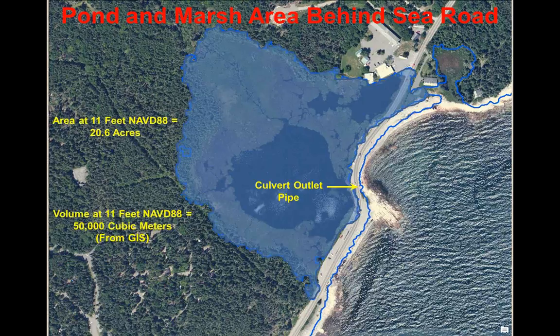So what I did was I used the same LiDAR technique that I used in Scituate. I determined, first of all, this is about a 20.6 acre area that floods at the highest level. I computed the volume at 11-foot elevation relative to NAVD 88. It comes to about 50,000 cubic meters of water. We then went on